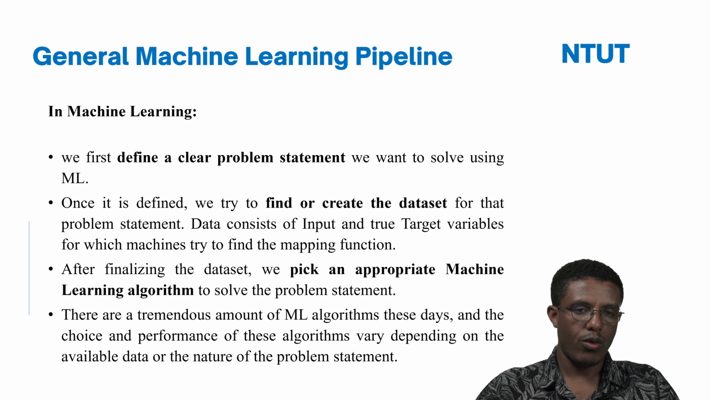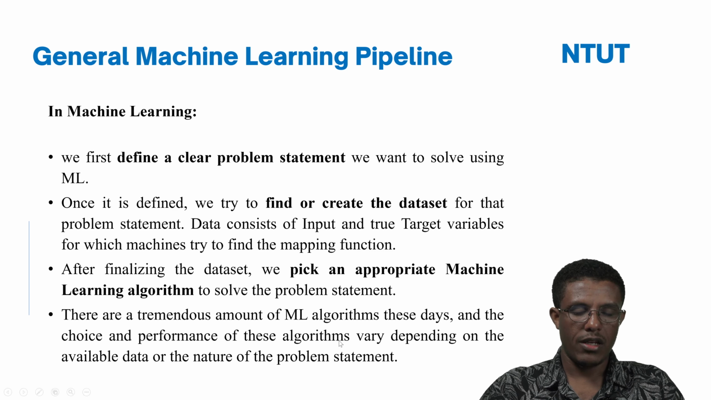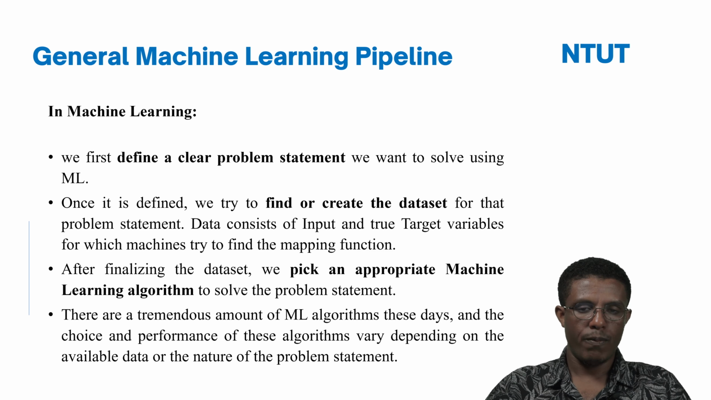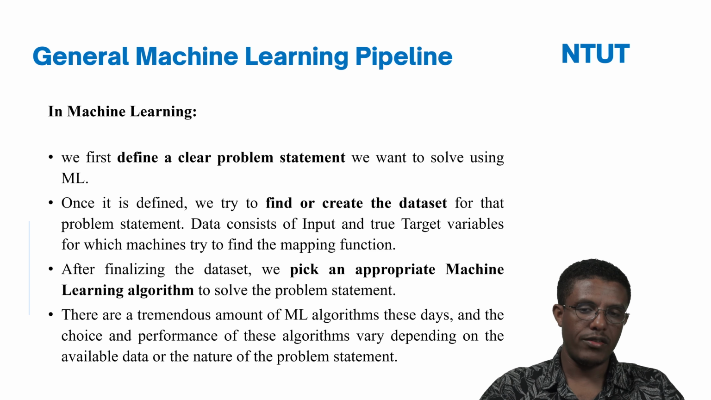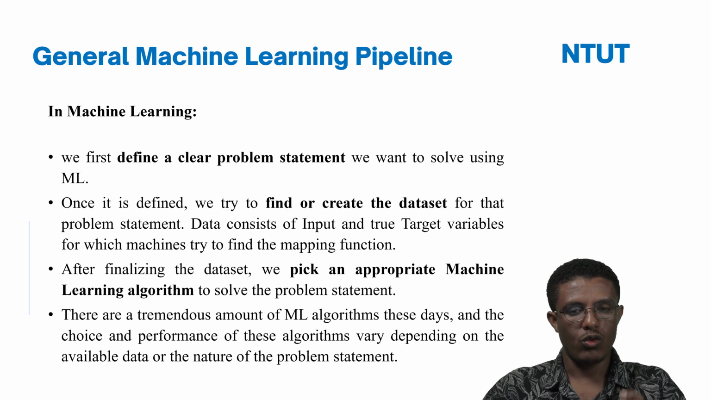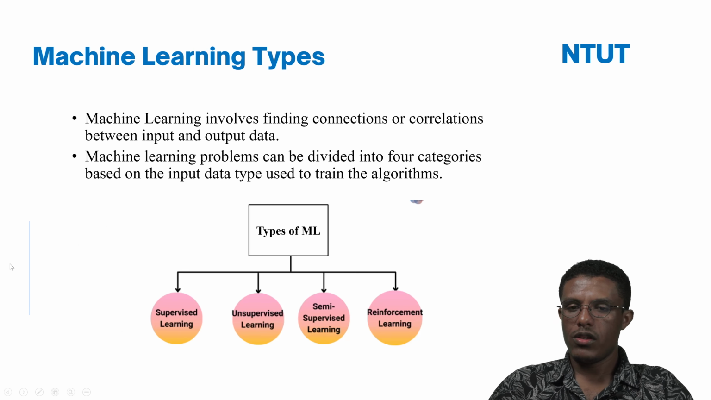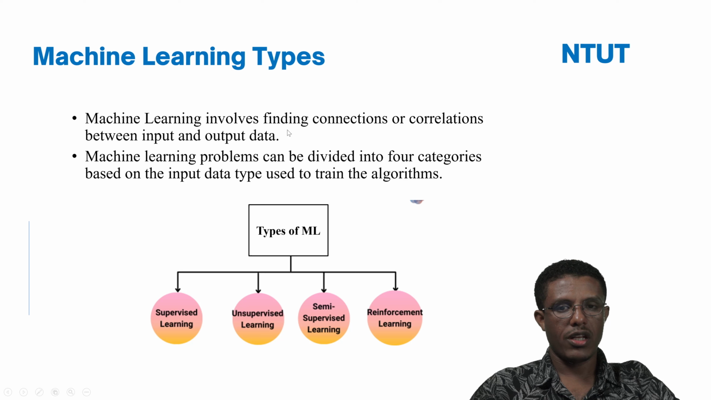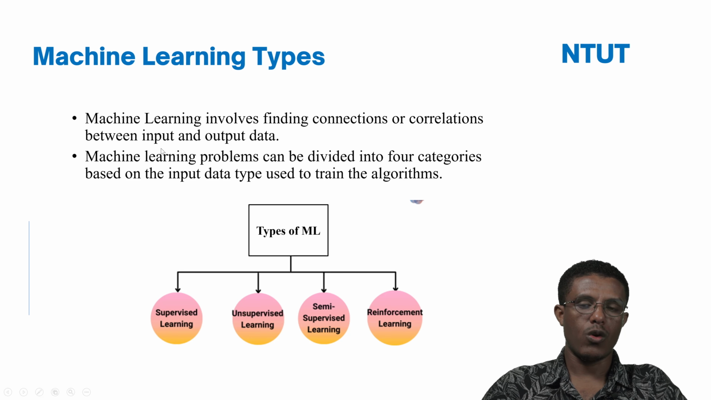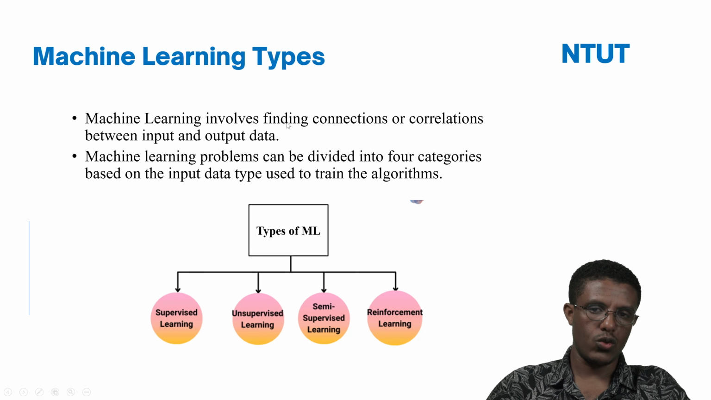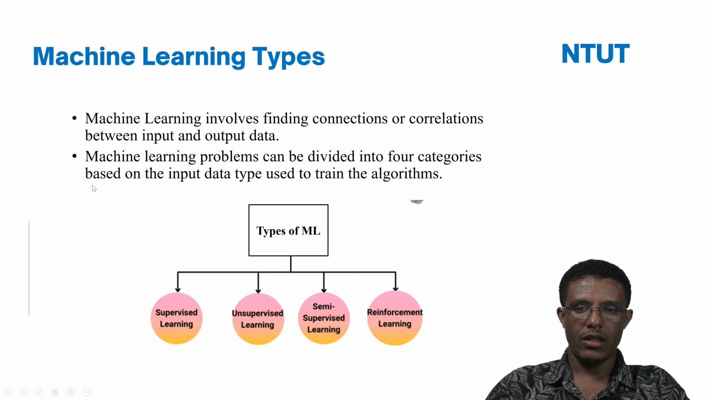Also, the nature of the problem determines which type of algorithm I should use to solve our problem. These are the basic steps that we need to follow before choosing the algorithm. So based on that criteria, machine learning involves finding connection and correlation between input and output data, and then, depending on the data nature and the problems,